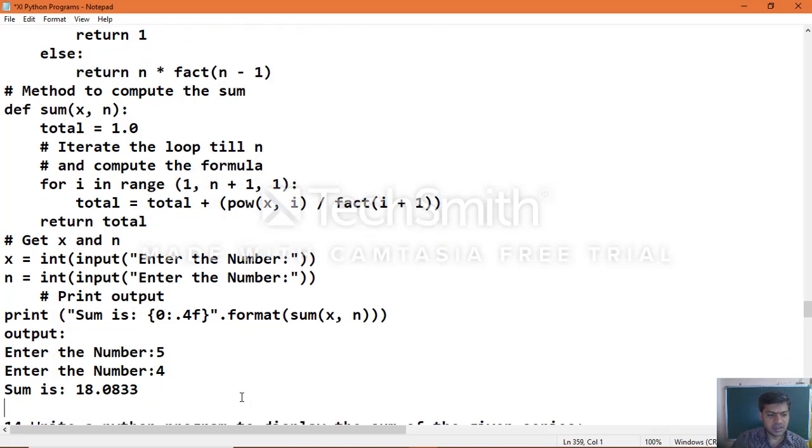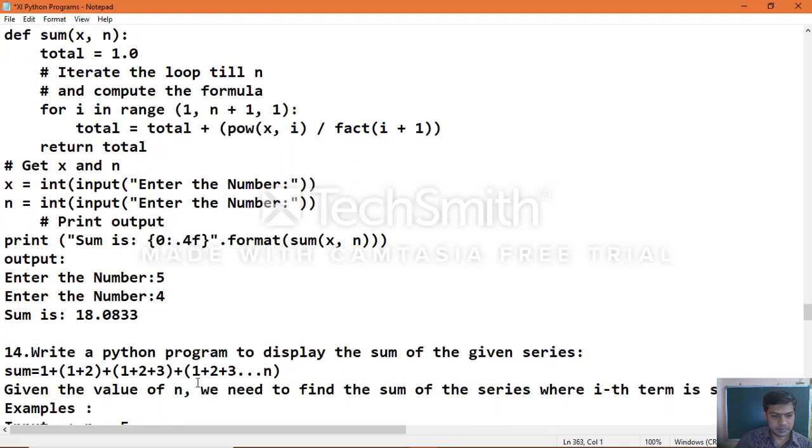Enter the number equal to 5, enter the number equal to 4, and sum is 18.0833. So the sum value will be calculated up to 4 digits of decimal values. Same way, we'll see another program.